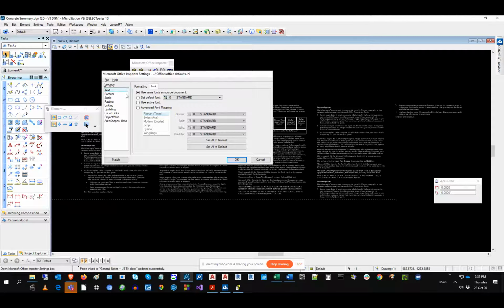All right, so now text under font. The default, which is what I've been working with, is the same fonts as the source document. That'll get you the most exact match, but you can also set a default font. Any font that's available to you in MicroStation fonts, TrueType fonts, and if you have AutoCAD installed, even AutoCAD fonts you could paste with. Now, one thing about pasting with default fonts that I'll point out is you could run into